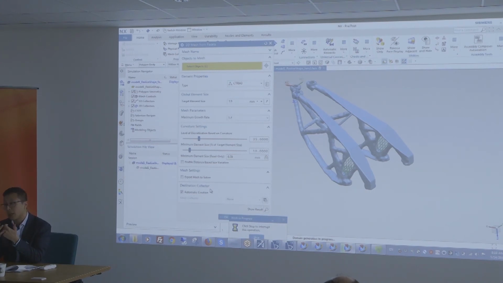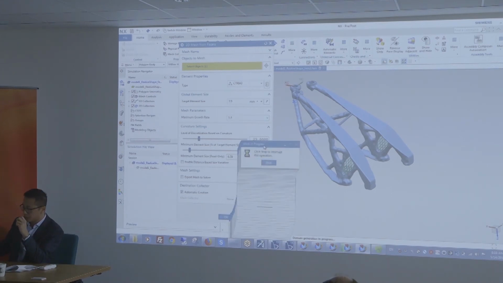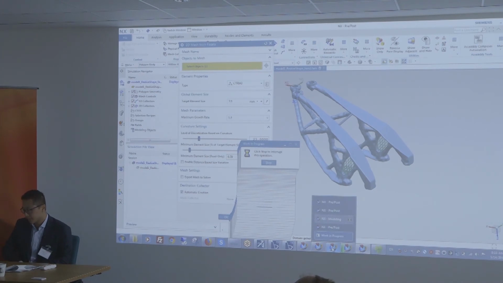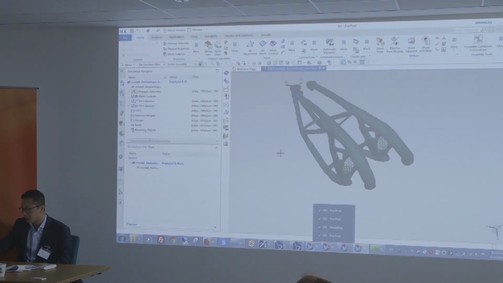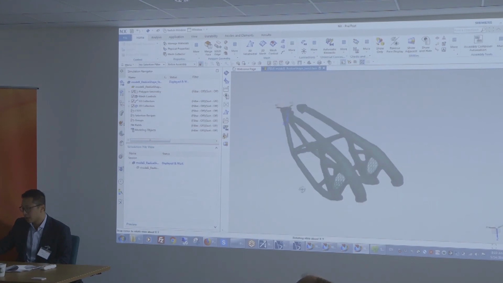And it will create a watertight mesh, of course. Let's give it a second. There we go. Okay, so this is what you get.